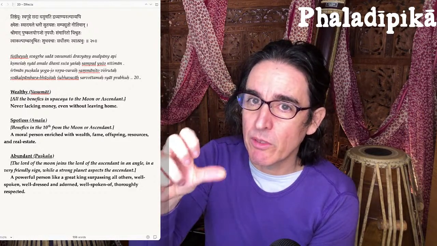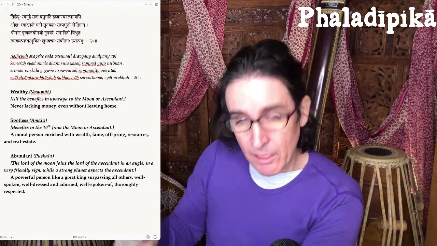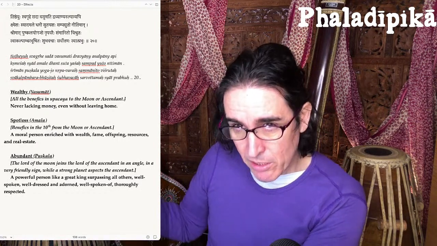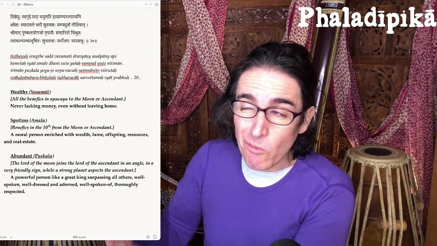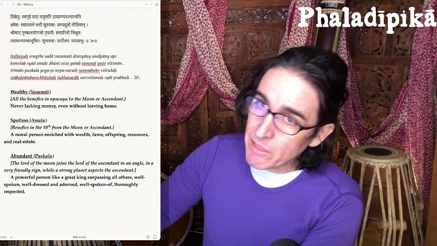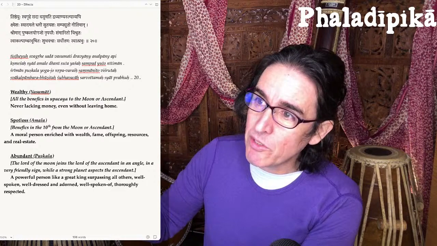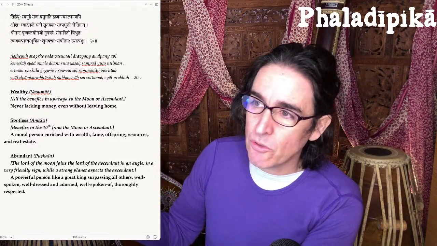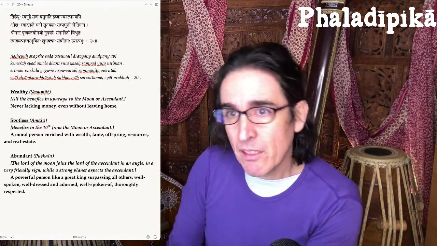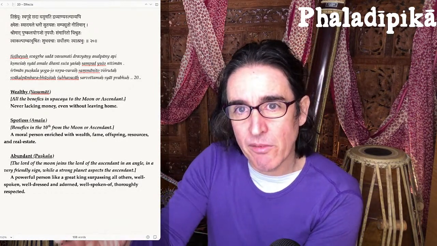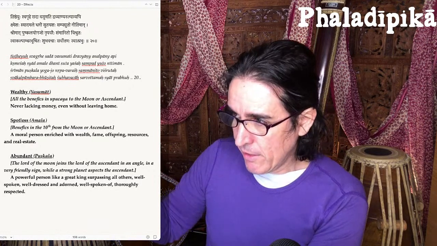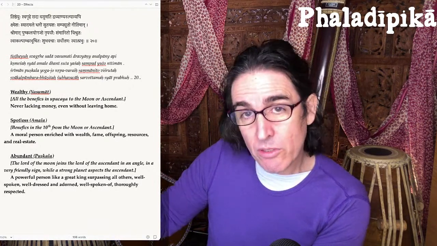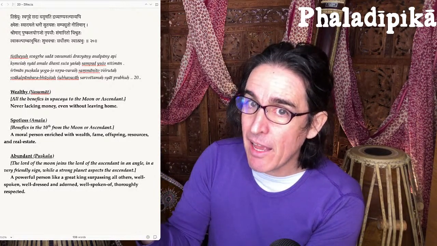The first Lord joining whatever is the Moon's Lord is a good thing, especially if it's in a sign which is favorable for the Moon or the Ascendant Lord. And especially if it's in a prominent house like a Kendra, and especially if it or somebody strong can aspect the Ascendant. So the principles there are that things which can aspect the Ascendant are very important, and things which affect the first. To have the Lord of the Moon and the Lord of the Ascendant be prominent and happy is very important.